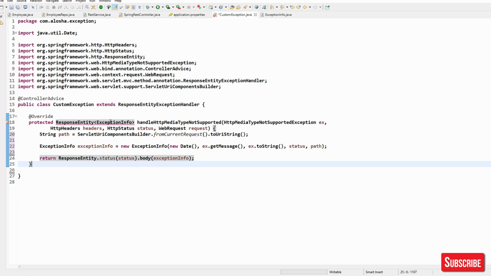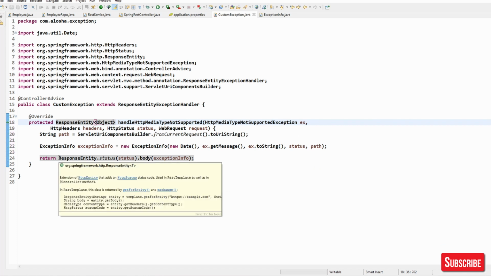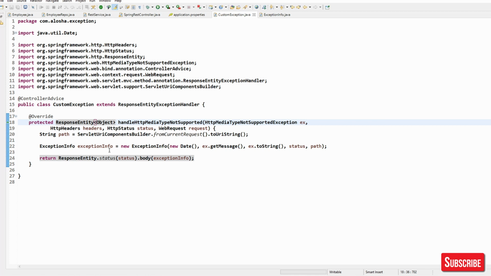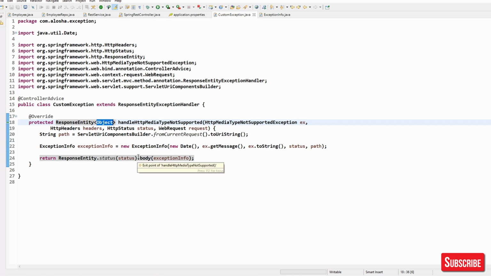Sorry, this you cannot change, because you are overriding. If you have created your own version of the method, then you can go with any type, but since we are overriding, we can go broader, but we cannot go for a subclass. So Object is a super class, but we'll get the same behavior.